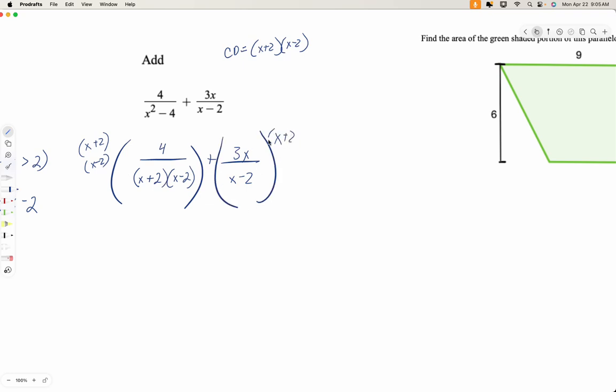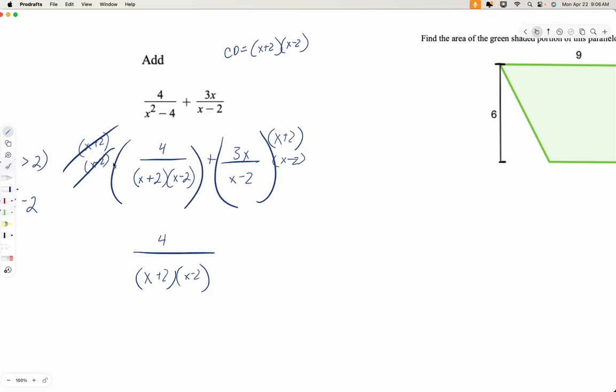X plus 2, x minus 2, what I get is that these cancel. So what I have here is the same thing. I have 4 over x plus 2, x minus 2. And we can't cancel anything out because we don't have an equal sign. We don't have an equation. All we can do is